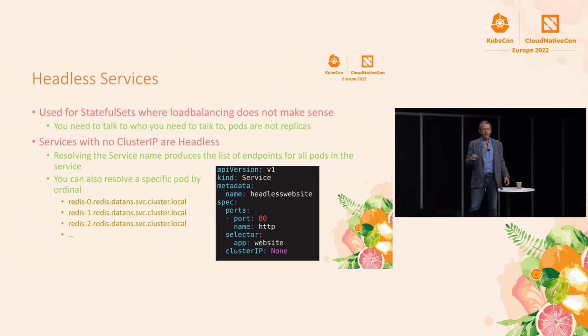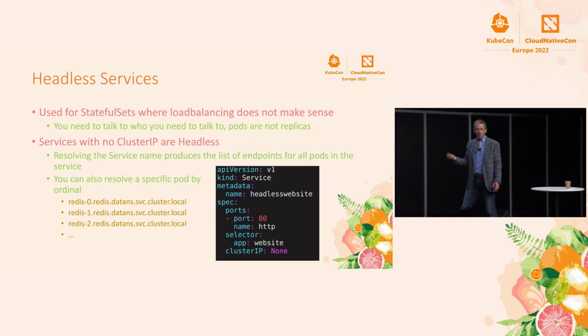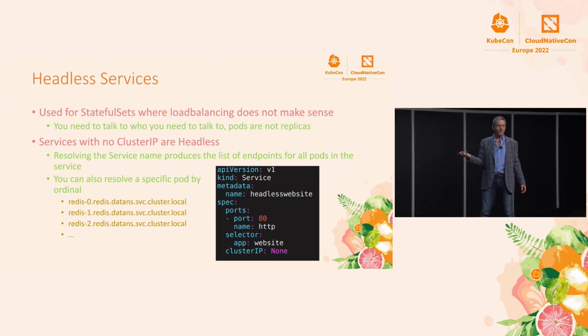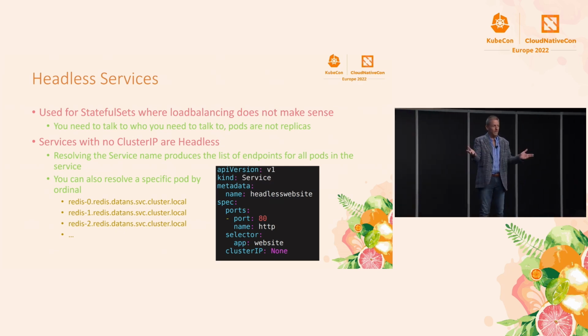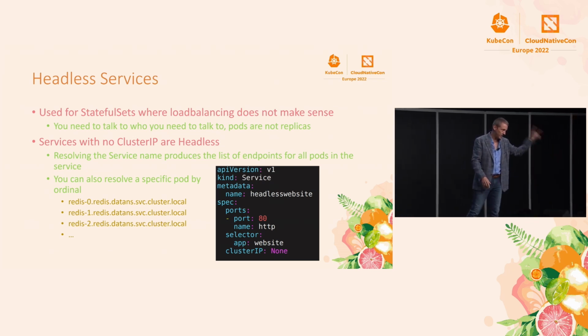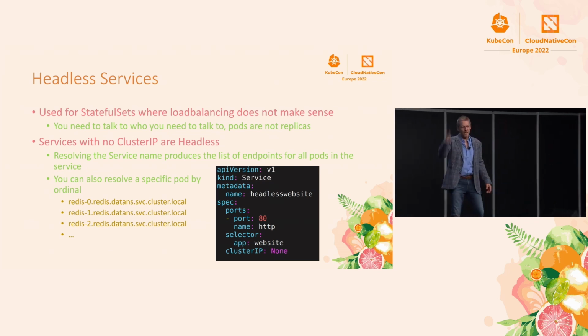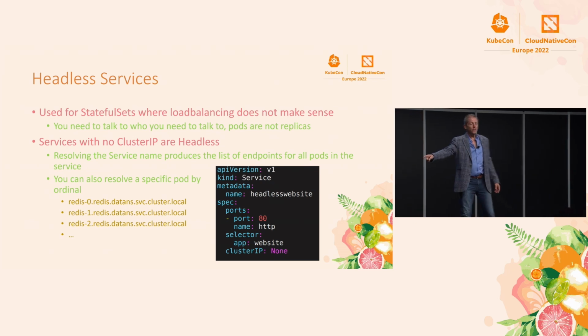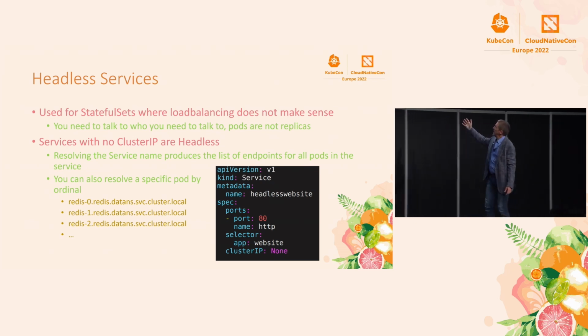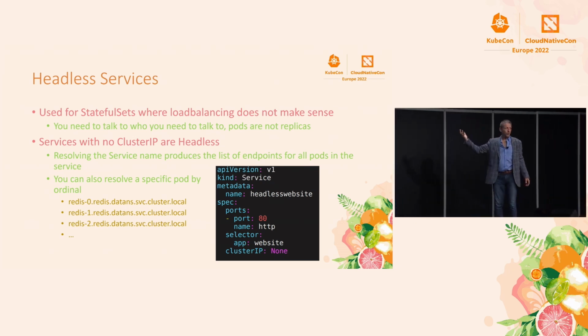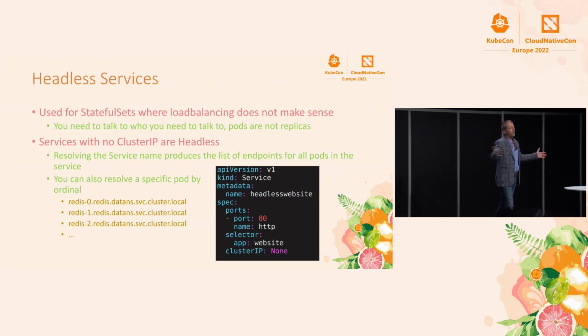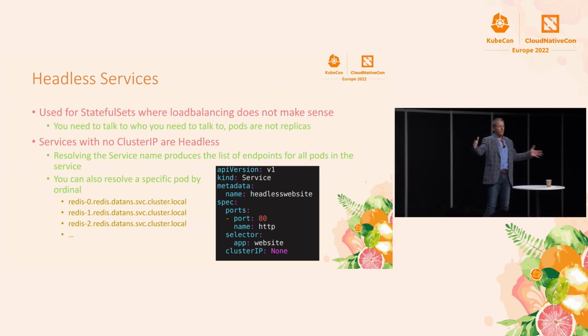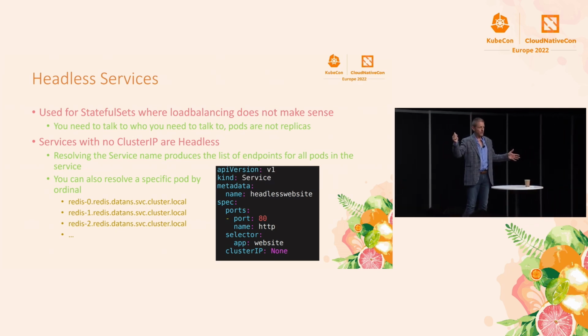In a headless service, you don't want the cluster IP. You don't want to look that up because it's no good, right? You don't want to randomly go somewhere. If I want New York data, I have to talk to that Kafka node. If I want London data, I've got to talk to that Kafka node. So in a headless service, you get the actual IPs of all of the nodes, or all the pods, when you look up the service name. So it's not just one IP of the cluster IP. You're going to get all the pod IPs together.